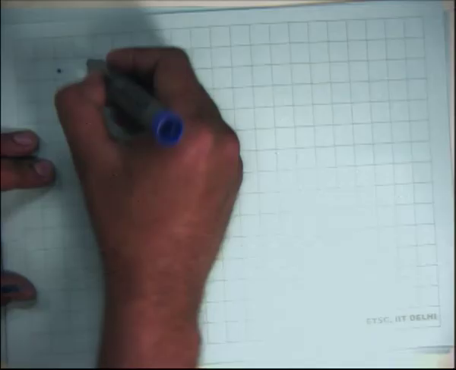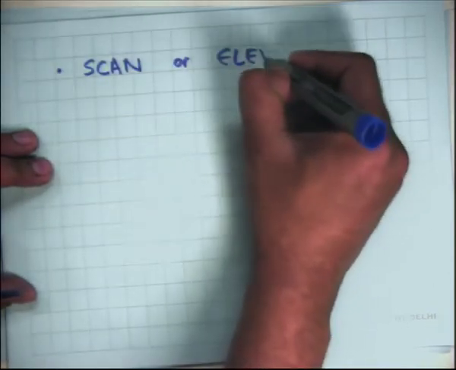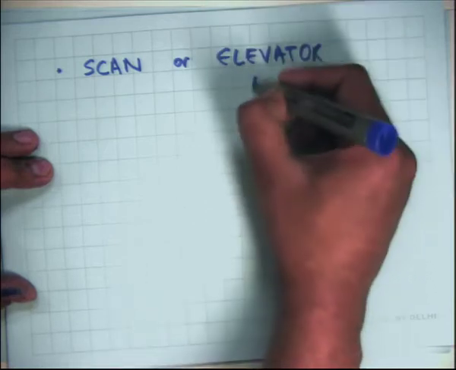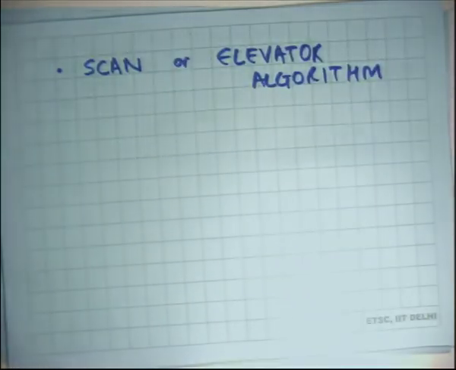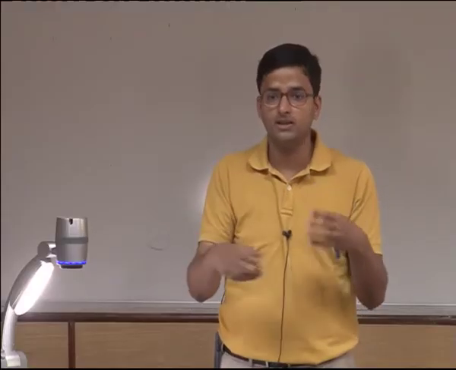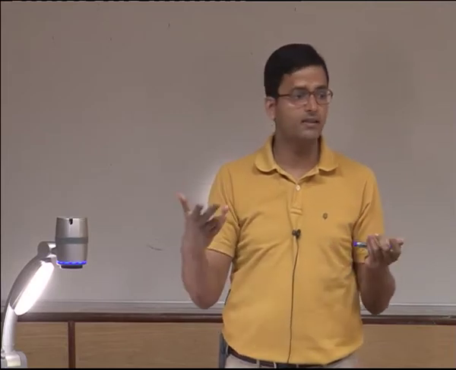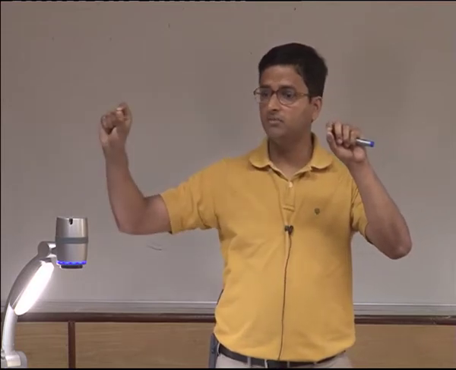The third one, which is actually what's used, is called the scan algorithm or elevator algorithm, and it takes its name from how an elevator typically works, which is that you choose a direction. There are two directions when you are moving radially, either inwards or outwards. You choose a direction in FIFO order, so whoever came first, you choose that direction, just like in an elevator. But once you have chosen a direction, you will service all requests in that direction before changing the direction.